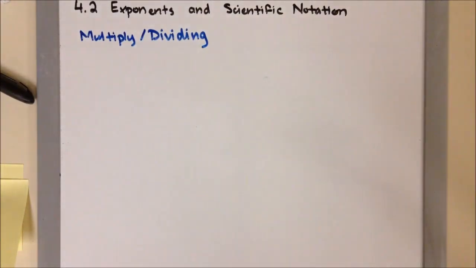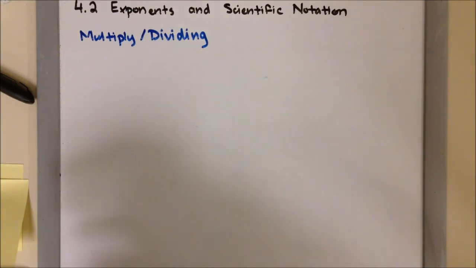In this next part, we're going to focus on multiplying and dividing with scientific notation. Before we go into any example, the one thing I want to cover first is that in your final answer, you have to put it in the correct amount of decimal places according to the least amount from your given problem. So let me repeat. In your final answer, you want to have the least amount of decimal places according to what you were given